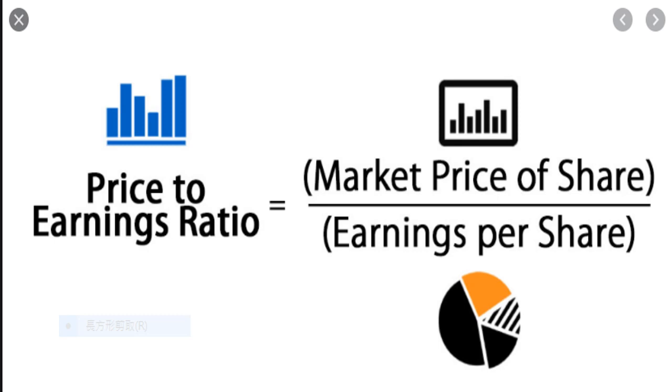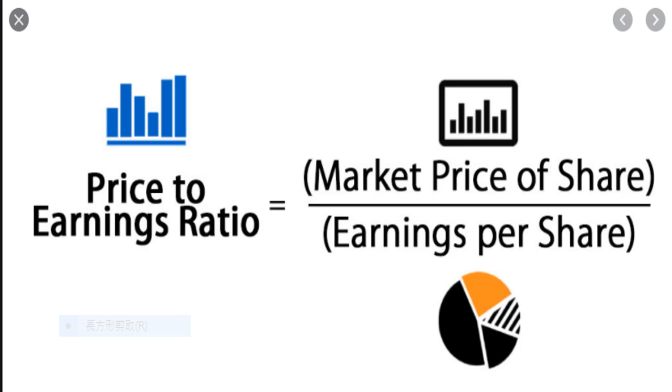A very simple explanation is the price of the share to the earnings per share. But I have to explain a little bit. This is provided the number of shares doesn't change, right? Some of them will increase the number of shares. Then this becomes meaningful when we are talking about the same number of shares being issued.